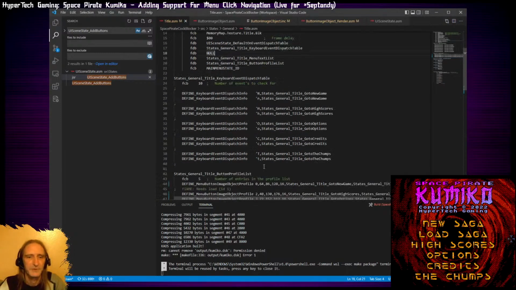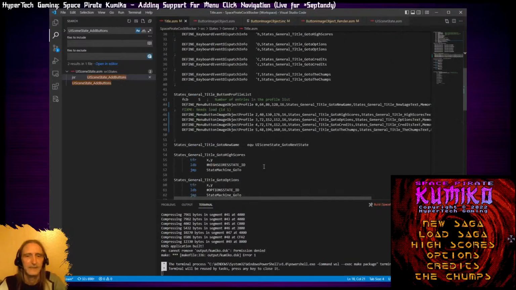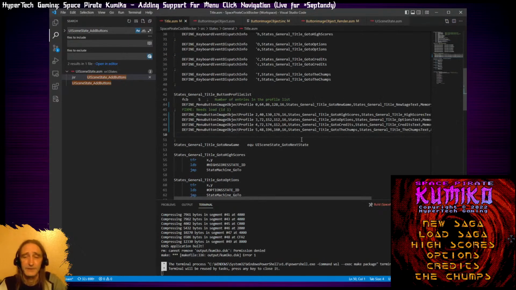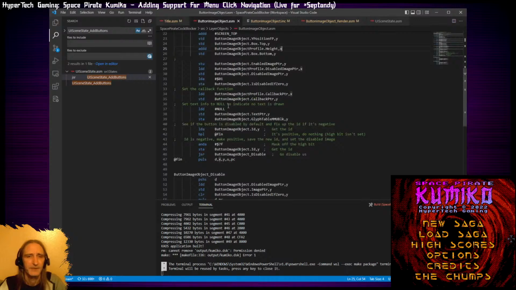All right, everything's back to normal. That's the power of Git. I can selectively get rid of stuff that I don't like. All right, so we've got all that in there. Okay, so it's adding text in there. Now we've got to go back and update our button. Where's our button? Button image object, so that this